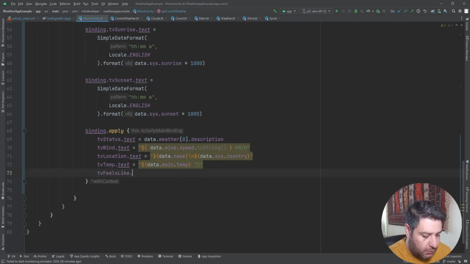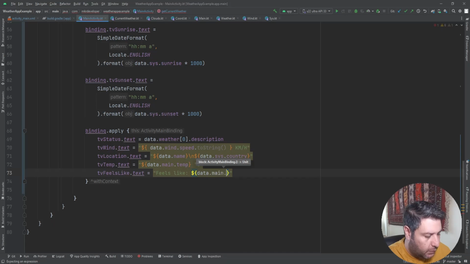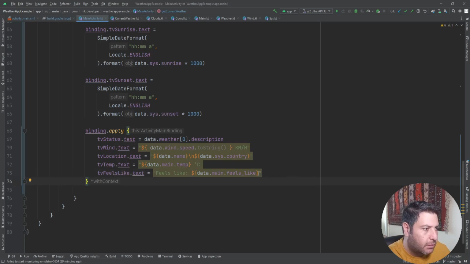Feels like dot text equals to feels like dollar sign and data dot main dot feels like, and again degree Celsius,